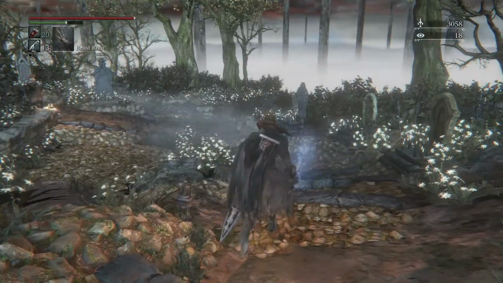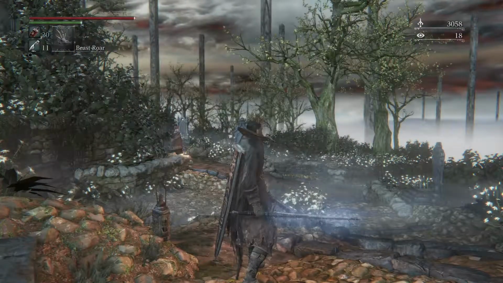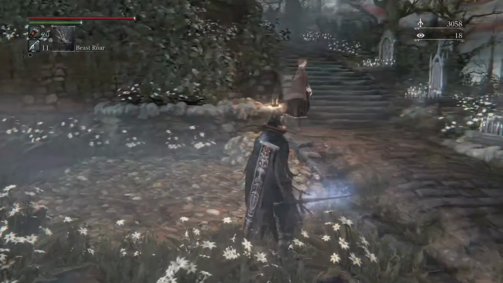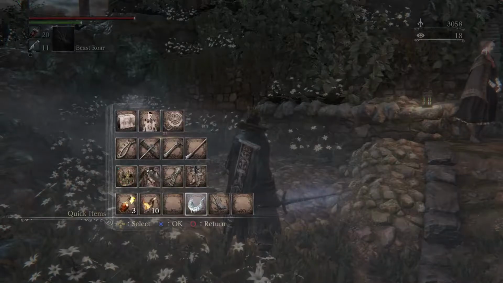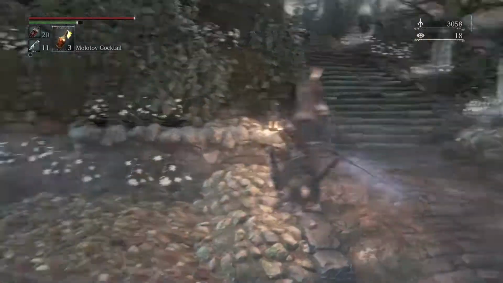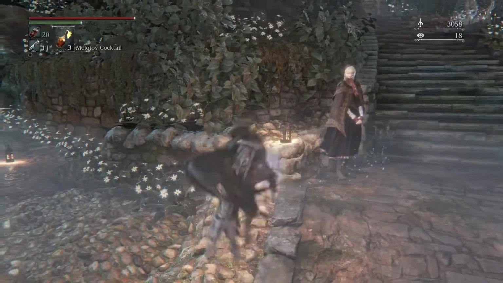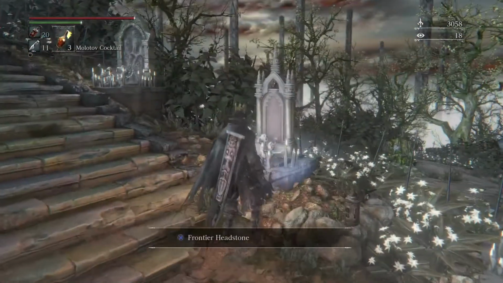Pretty cool. Then we have the beast roar, which, if there's a bunch of guys surrounding you, a bunch of enemies around you, you can use that and it'll push them back. So pretty cool, if I do say so myself. But I do use this empty phantasm shell against, again, one of the bosses in the DLC. So enough of that. Let's go back to